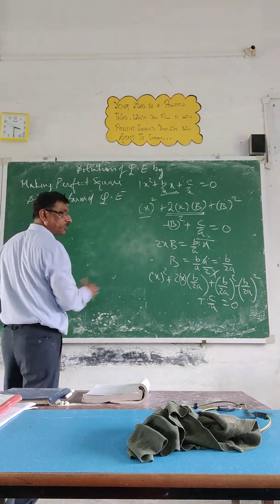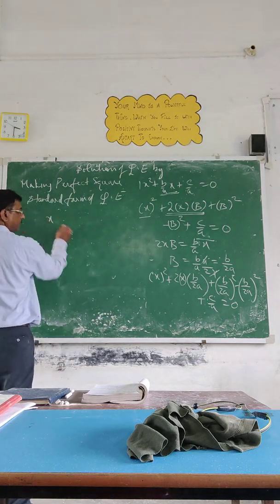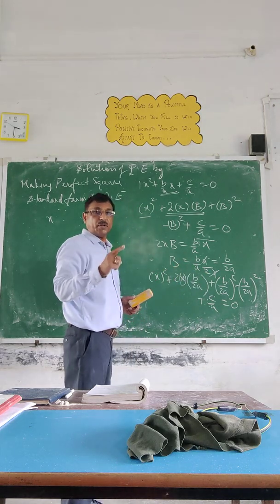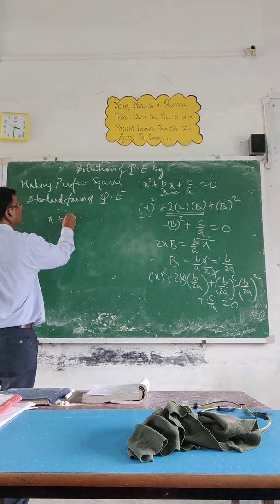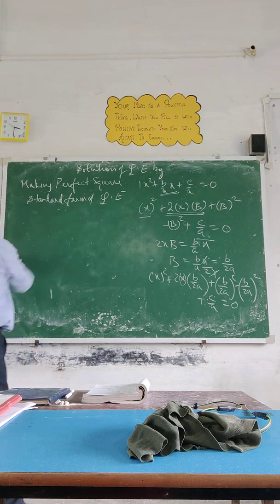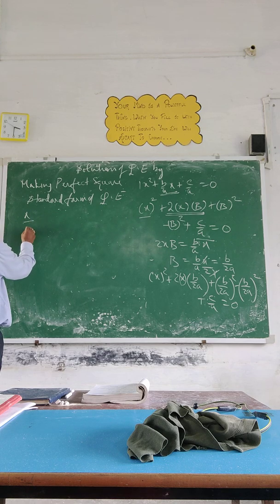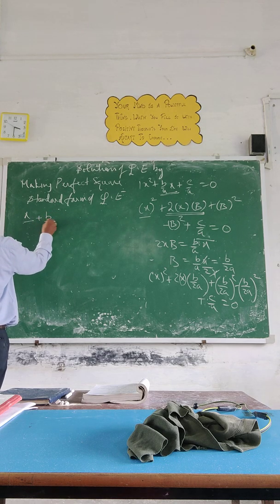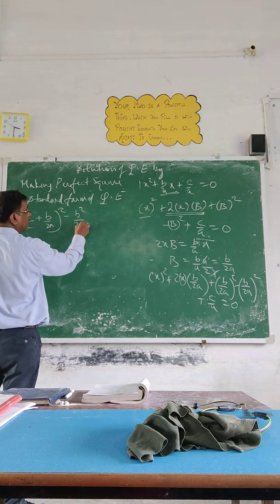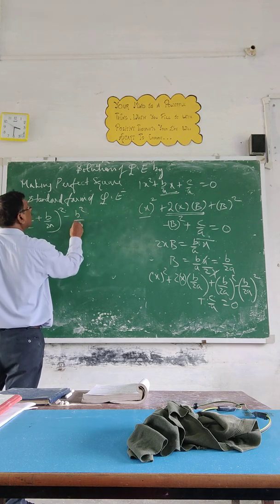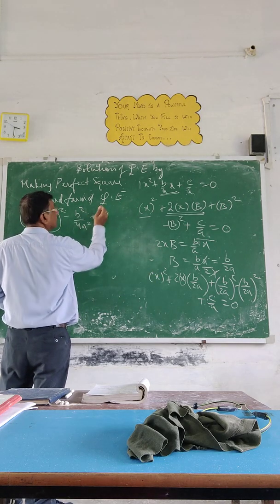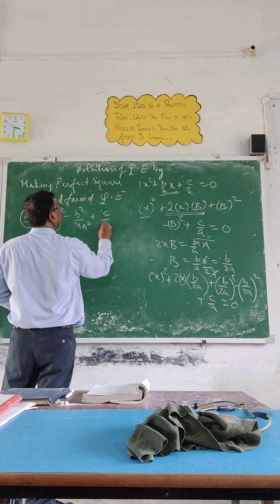Now see, put it in the standard form, what will you get? (a plus b) whole square. What do you get? x plus b upon 2a whole square. Then the left part is b square upon, if you open the bracket, you get b square upon 4a square, minus, and the last term c by a equal to 0.